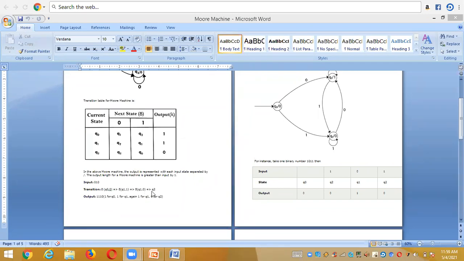And Q2, again with 1 is Q1, so again for the Q1 it is 1, right? So Q1 with 0 it is Q2, and for the Q2 the output is 0. So by counting here I'm having 0, 1, 1, 0. That means finally the output that I get here is 1, 1, 1, 0.